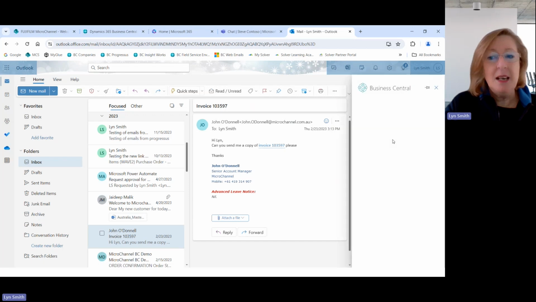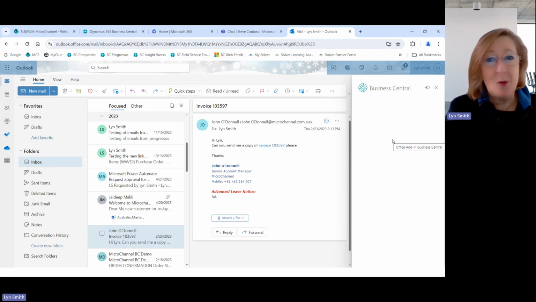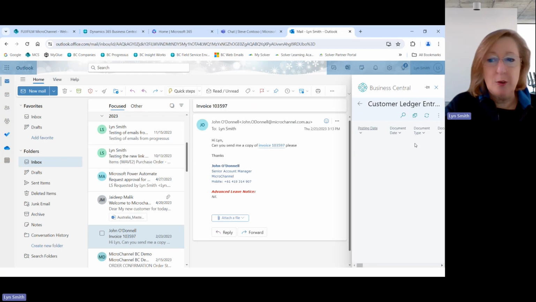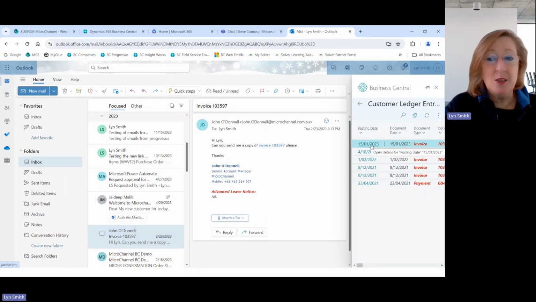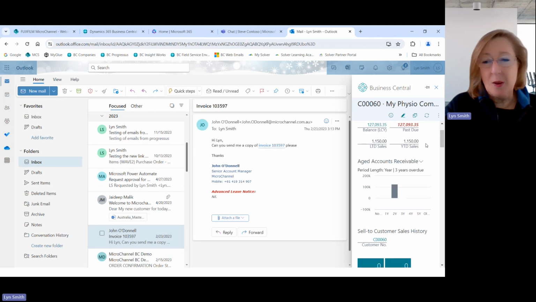particular customer. Now, I don't have to go off to Business Central and find all this information. What it's doing right now is going back to Business Central, pulling all that information and showing it to me within Outlook. So I can see here the customer, and the balance to date so far. It shows me all the invoices, and I've also got the ability to drill down into those particular invoices and bring them up if I wanted to. It's giving me a snapshot of my customer and what's going on.